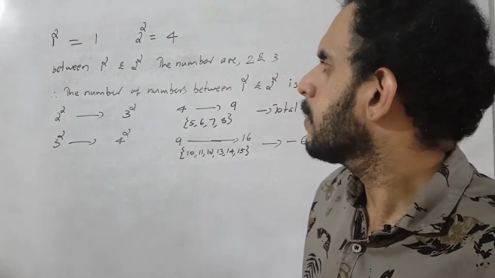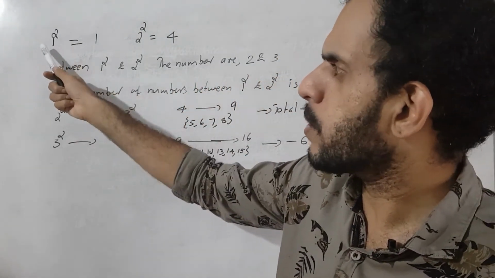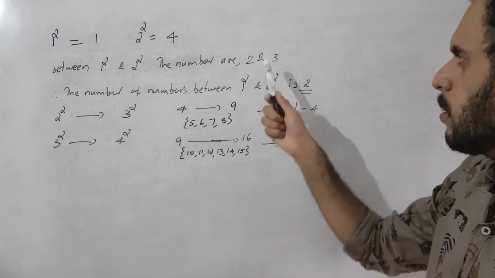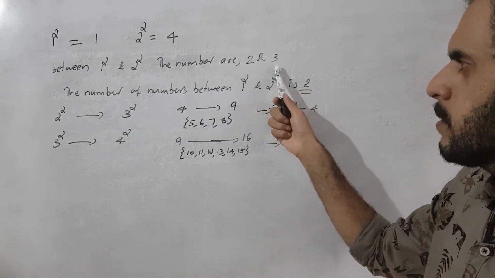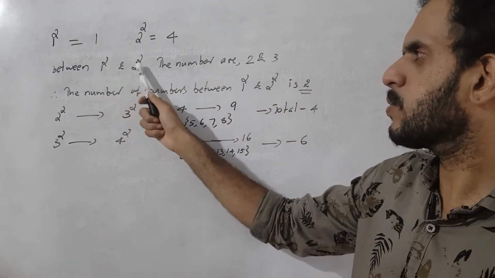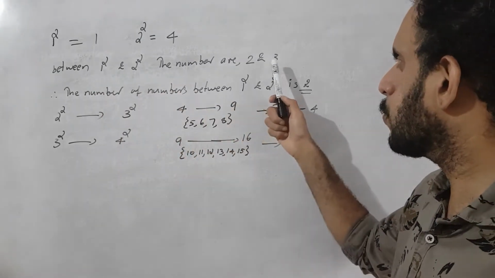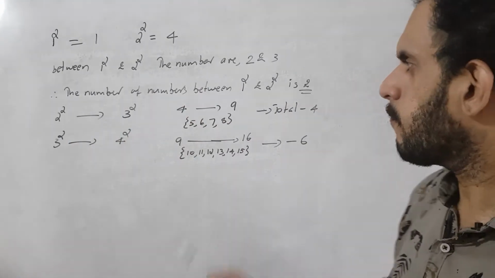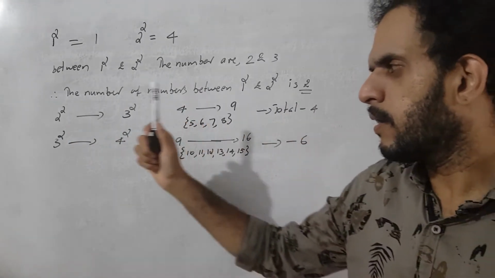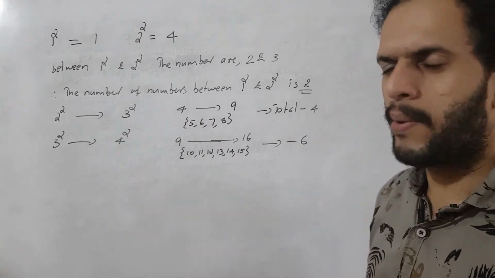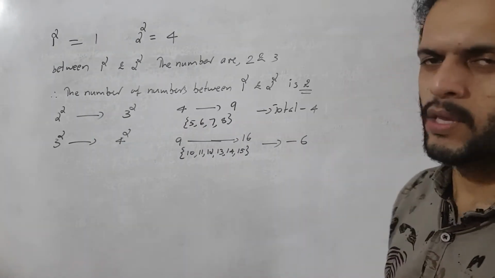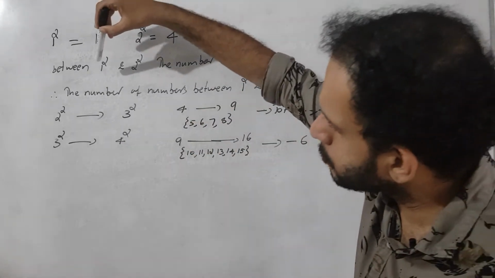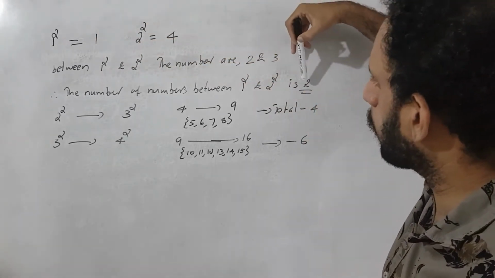It's very clear. Here we find the numbers in between 1 square and 2 square. That number is equal to 2. Correct? 2 numbers. How many numbers do we have? We have only 2 numbers. In between 2 square and 3 square, how many numbers do we have? We have 4 numbers. Then 3 square and 4 square, how many numbers? 6 numbers. Then what is the relation? Yes, it's very clear. We just multiply the first number by 2, then we get the number of numbers between